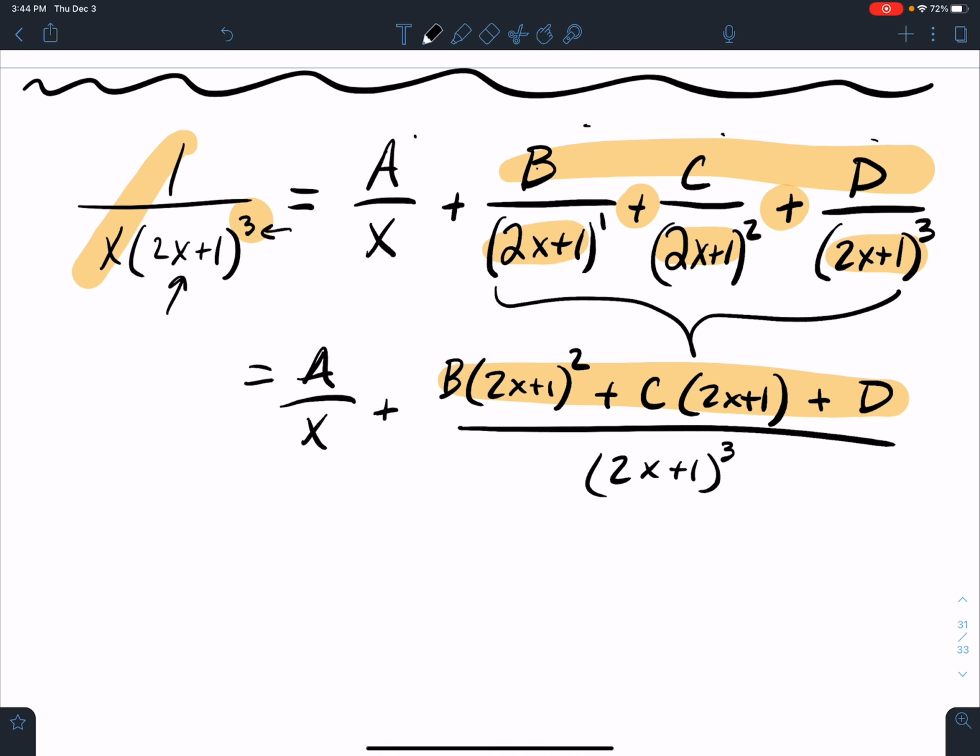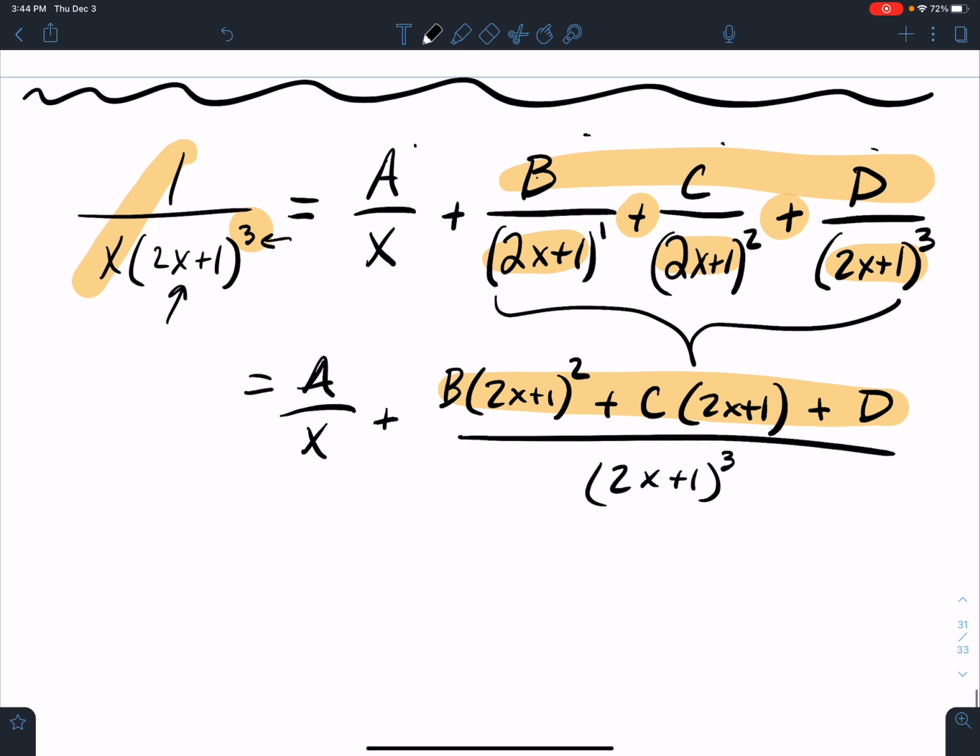And so what you see here is you're building up the powers of each possible polynomial that has a degree